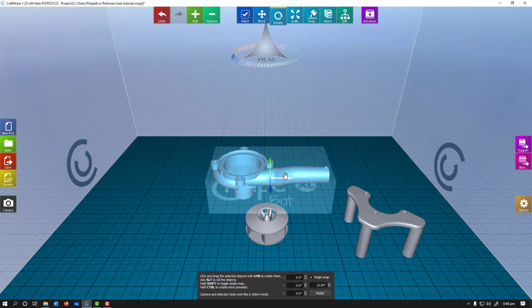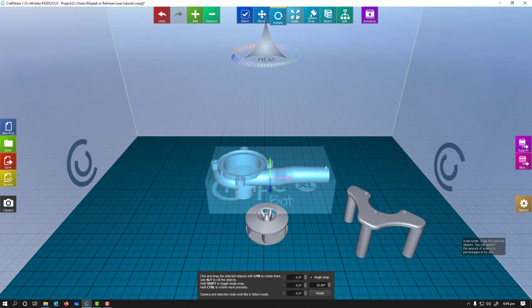Next thing is rotate. Now you can rotate along whichever axis you have selected by using the left click of the mouse. So I've given angle snap 15. You can select any, 30, 45 degree, 90 degree, based on your own convenience. So right now, for example, I want to move the object along the y-axis, no problem. X-axis, no problem. Z-axis, no problem.